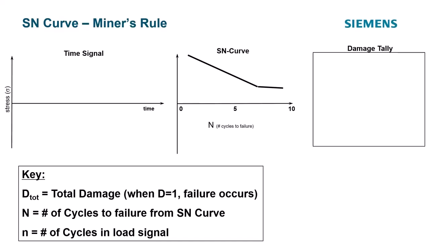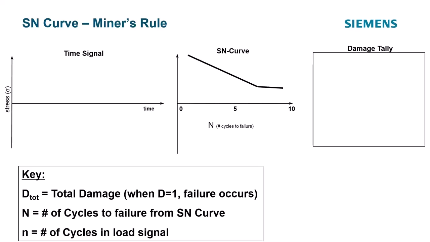So we have an SN curve, cycles to failure, and we have a stress level. Now we need to figure out how to calculate damage. And this is going to be important because one of the functions we're going to talk about is called a fatigue damage spectrum, and it will use this as part of coming up with that function. It'll use Miner's rule. So we want to introduce it so you know what it is.